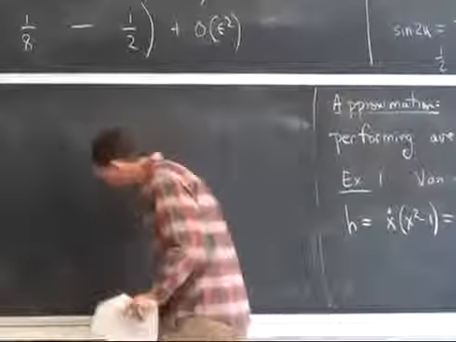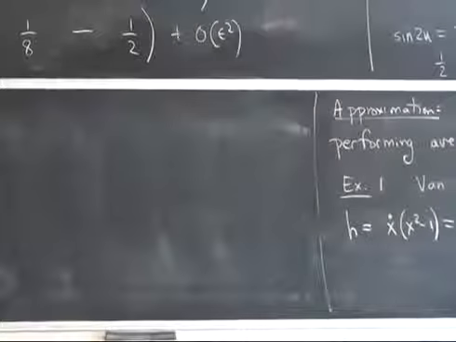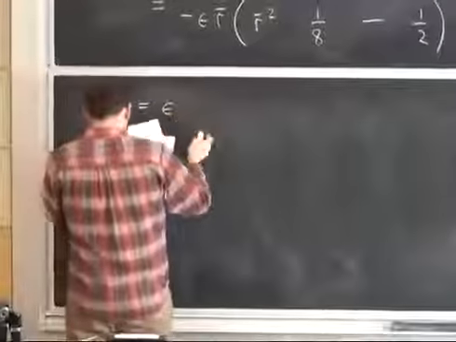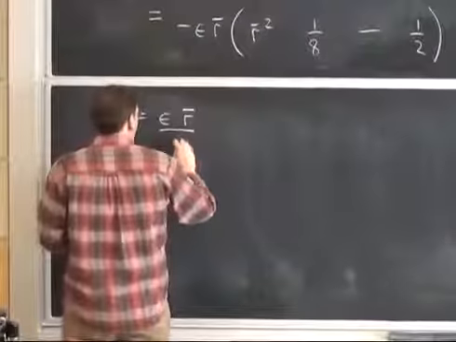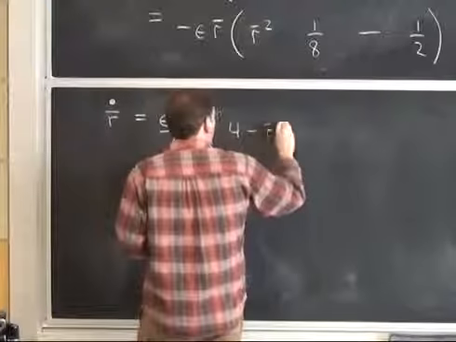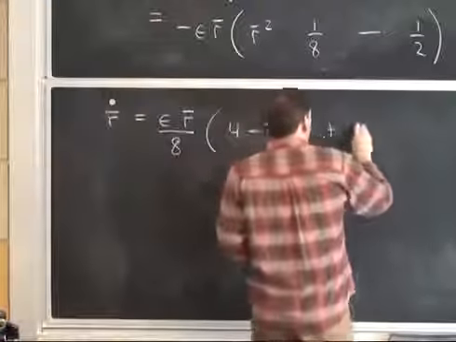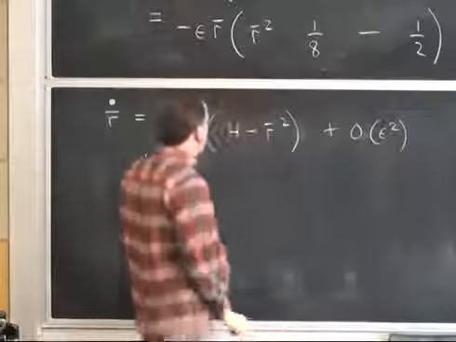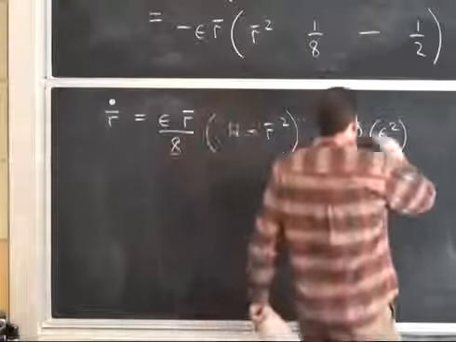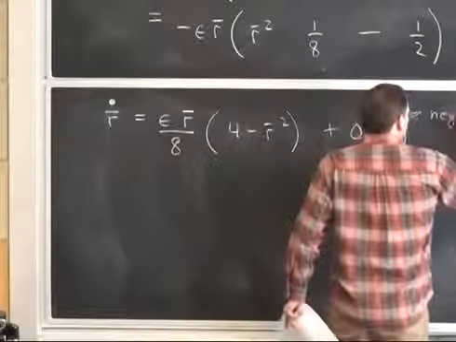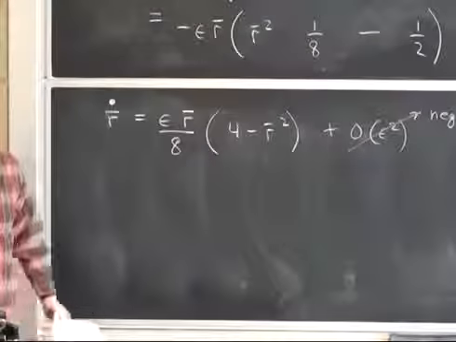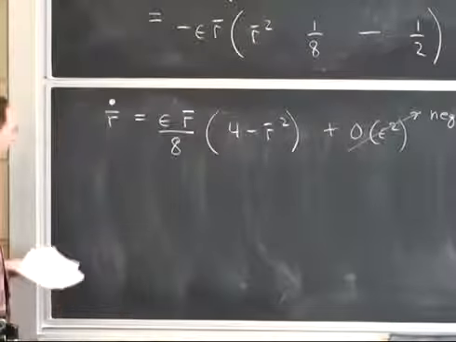That is, we've got this beautiful evolution equation, let's clean it up a little, that says that the average evolves according to just epsilon r bar. Let me factor out an 8. And then this becomes 4 minus r bar squared plus my annoying garbage pail there. So let me from now on neglect this. This is tiny compared to the other. And the dominant effect is governed by this little first order nonlinear differential equation, which we can analyze with our,